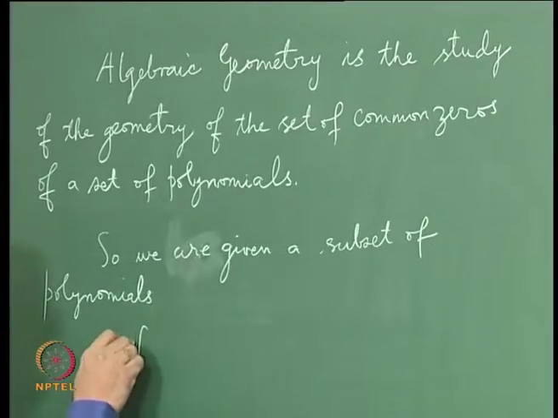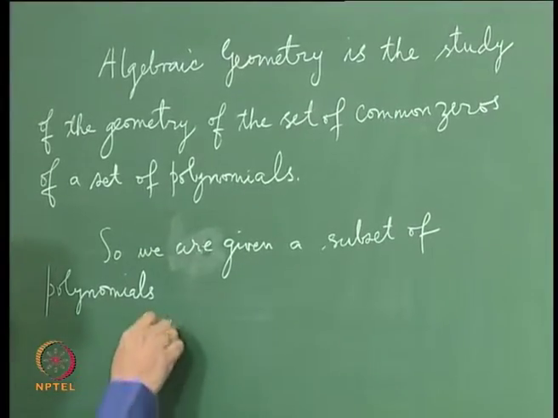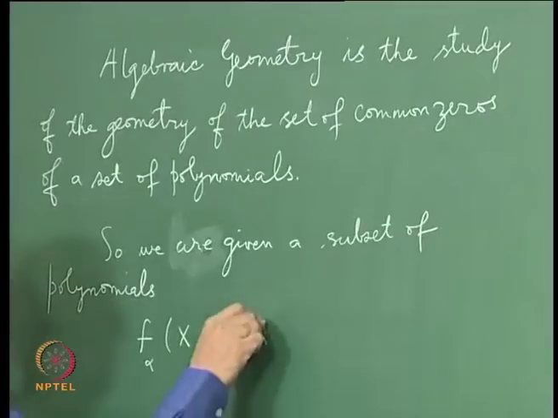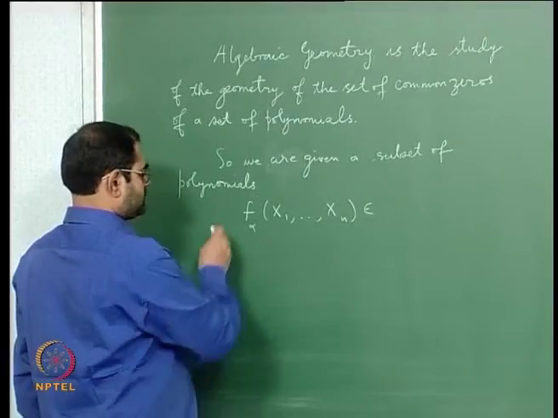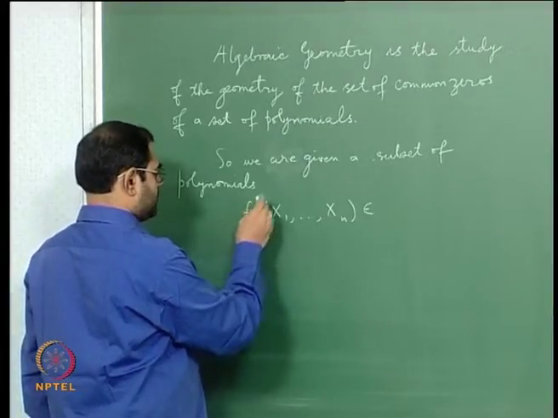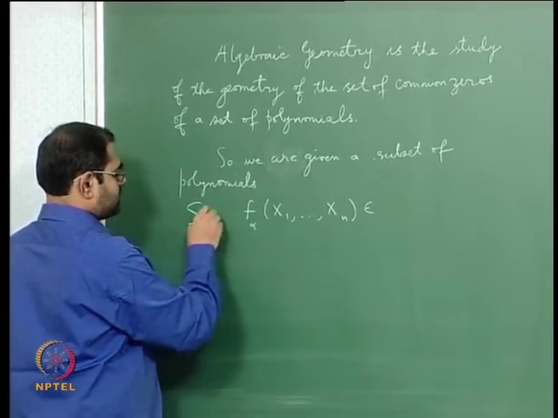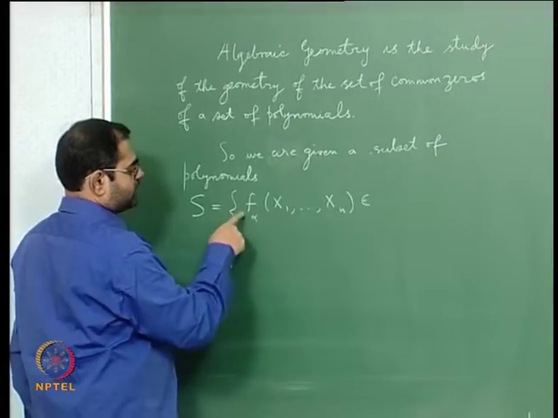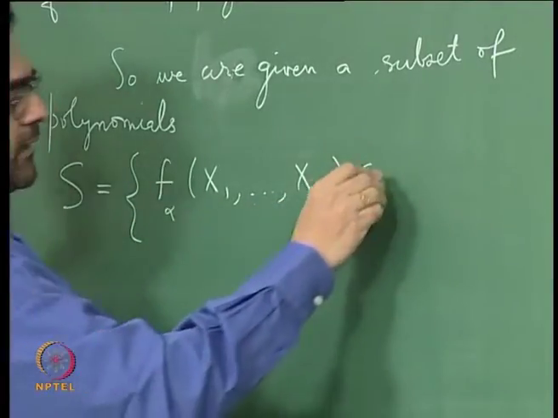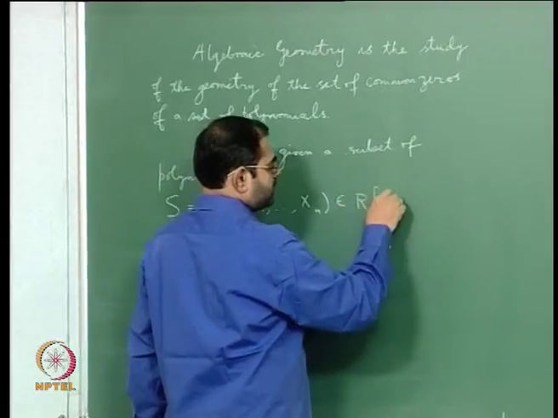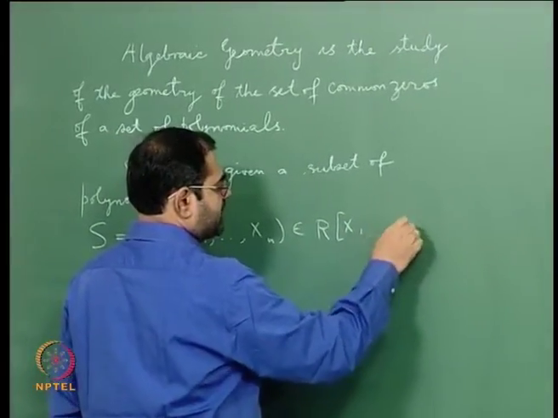Let me write them as f sub alpha of x1 etc. xn. S is the set of all polynomials f sub alpha of x1 etc. xn, and each one of these f alphas is a polynomial